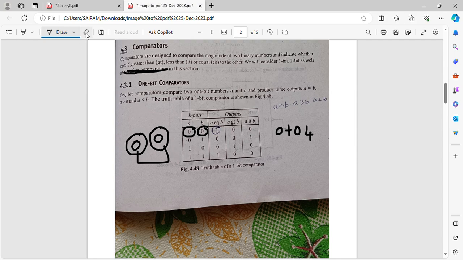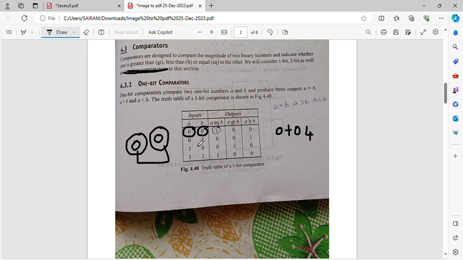Right? Yeah. In the same way, my 0 is equal to 0 by 100%, so I'll put 1. Right? So if the condition is satisfied, put 1. If the condition is unsatisfied, put 0. Right? Keep that in mind. If the condition is satisfied, you have to put 1; if the condition is not satisfied, you have to put 0. Right? I hope you got it.